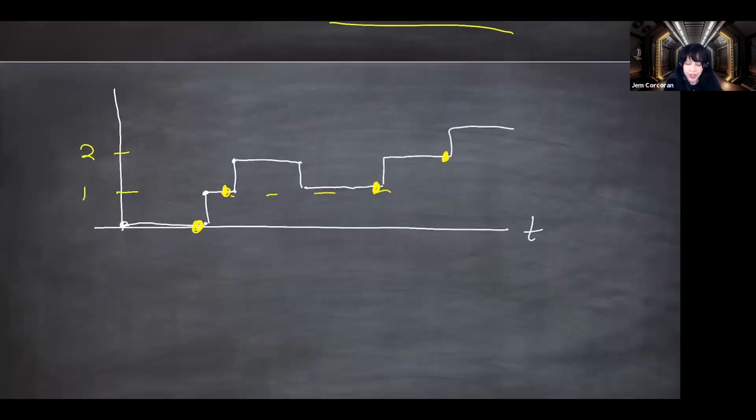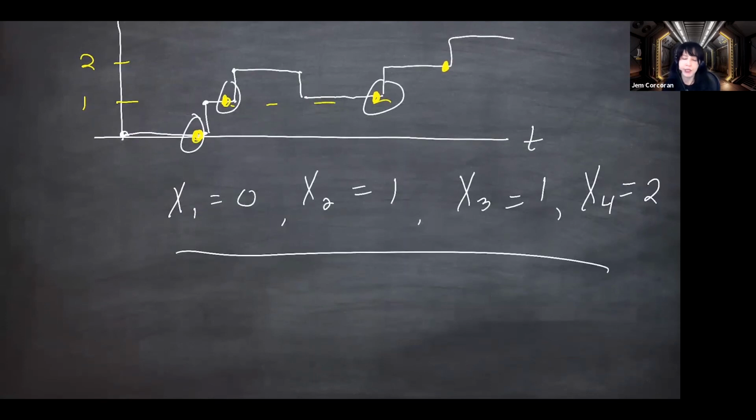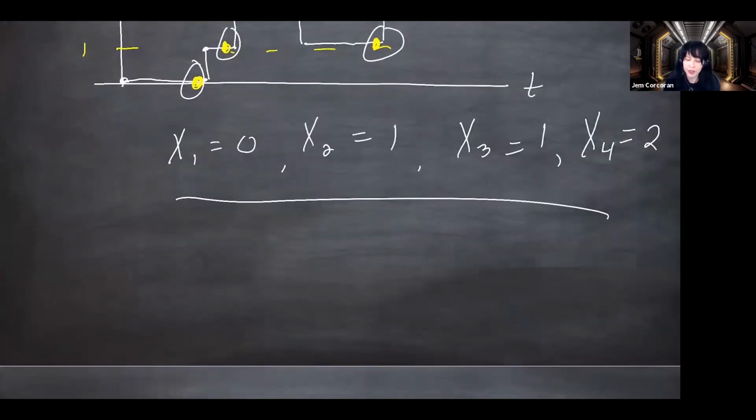And so what you're seeing here is that we can discretize it at these times. We can say the first value here is 0, and then at time 2, we are at 1. And in this picture at time 3, we are also at 1. And at time 4, we're at 2. So we're discretizing the process and we're picking our points very carefully, and then we're thinking of it as a discrete time thing. So you know how to deal with this kind of chain, because now we're back to discrete time.